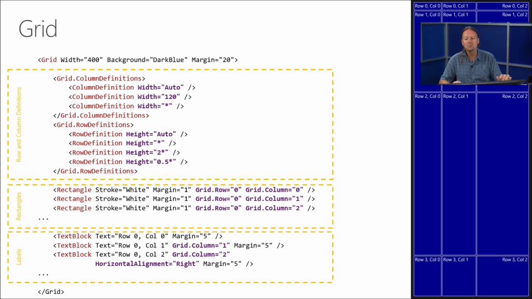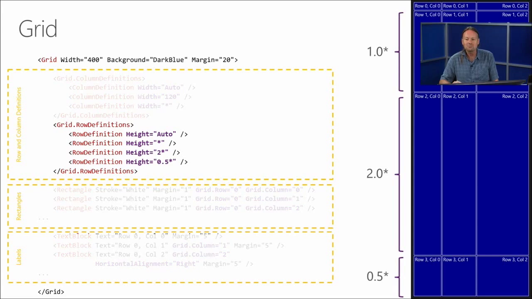If you don't specify anything, that's where they'll go. They'll go into the top left element of the grid. And then underneath that, we've got grid.row 0, grid.column 1, so that will go in the top row and the second column across. And then the third one is grid.row 0, grid.column 2, so it goes in the third cell across the top row. And then underneath that, you can see that we're actually sticking stuff into the top row as well, into different columns. And you can see how stuff gets laid out.